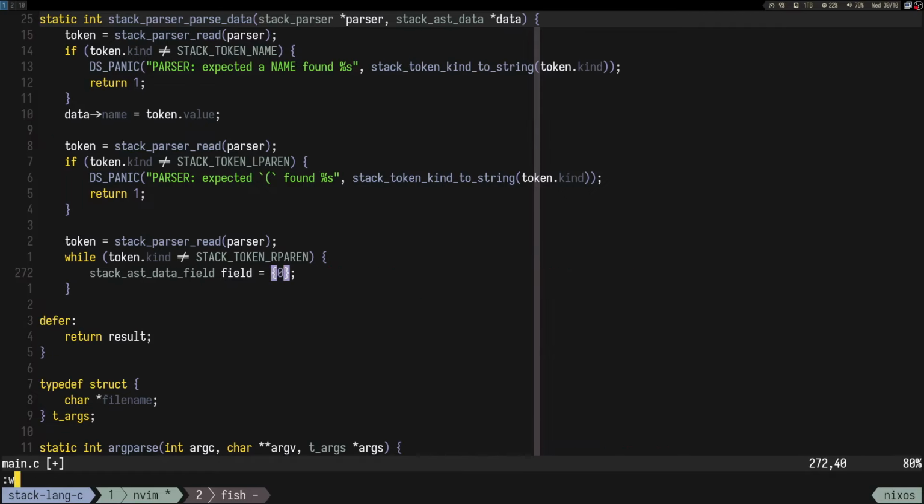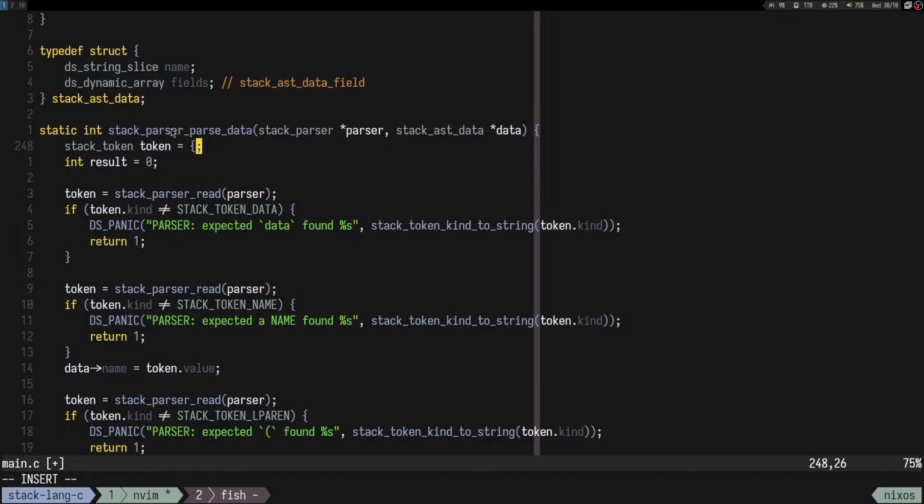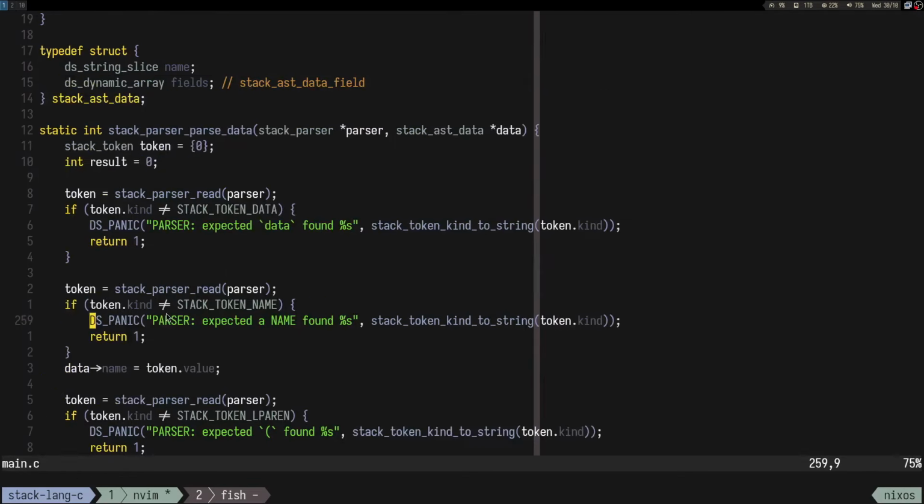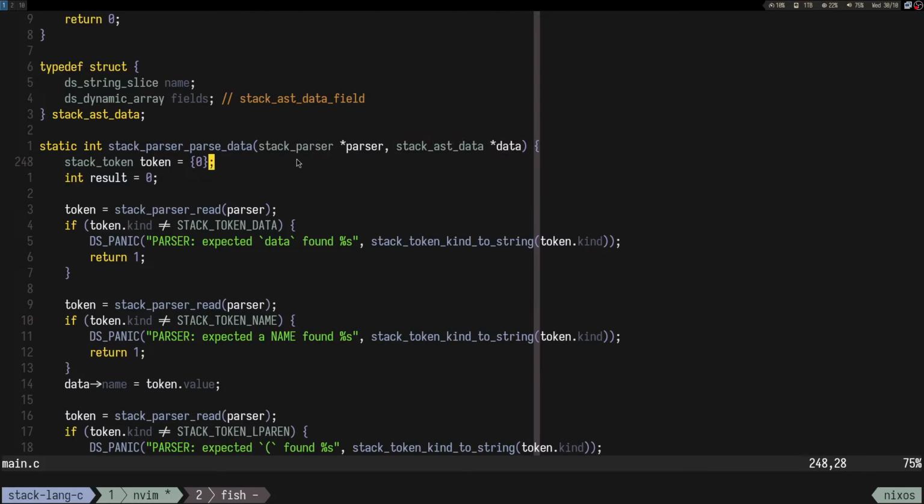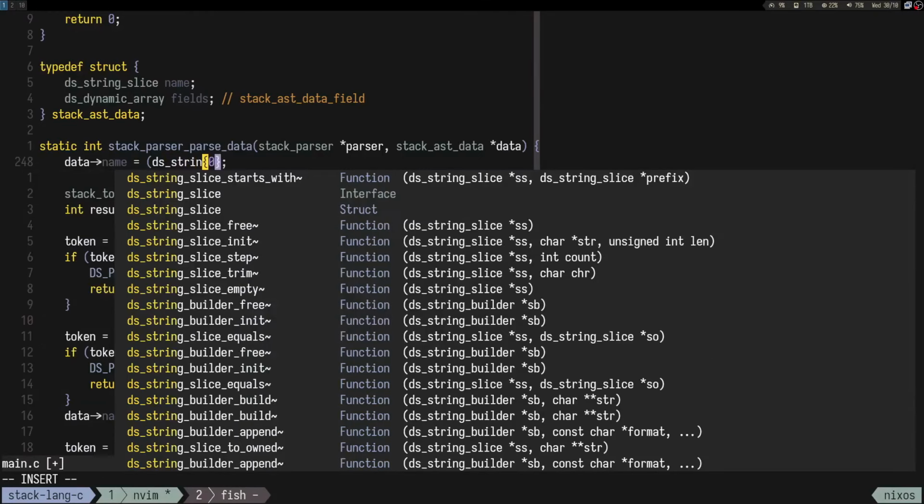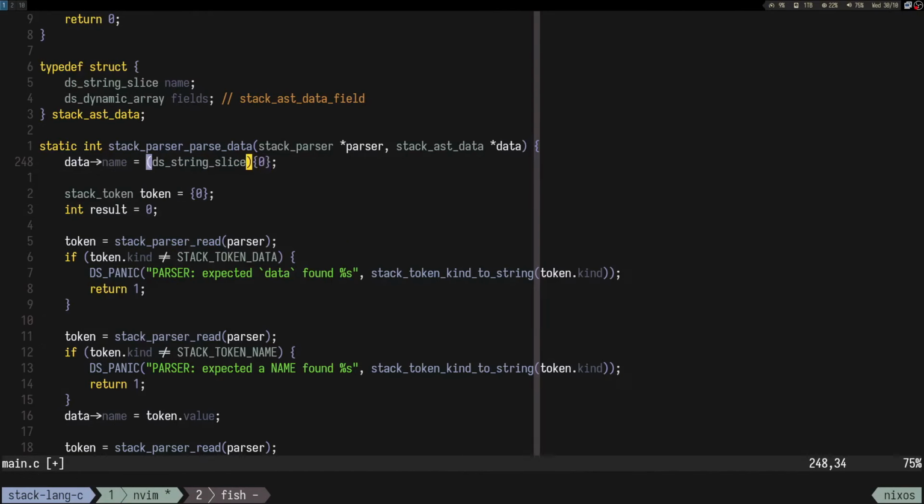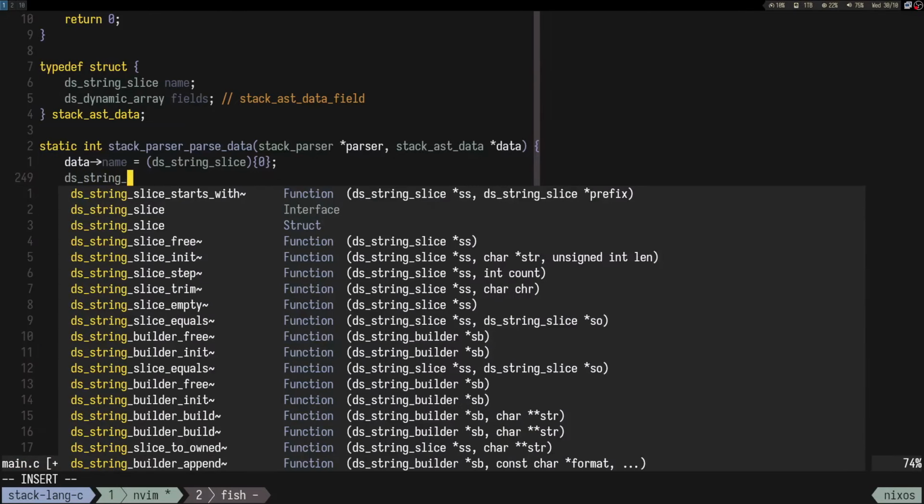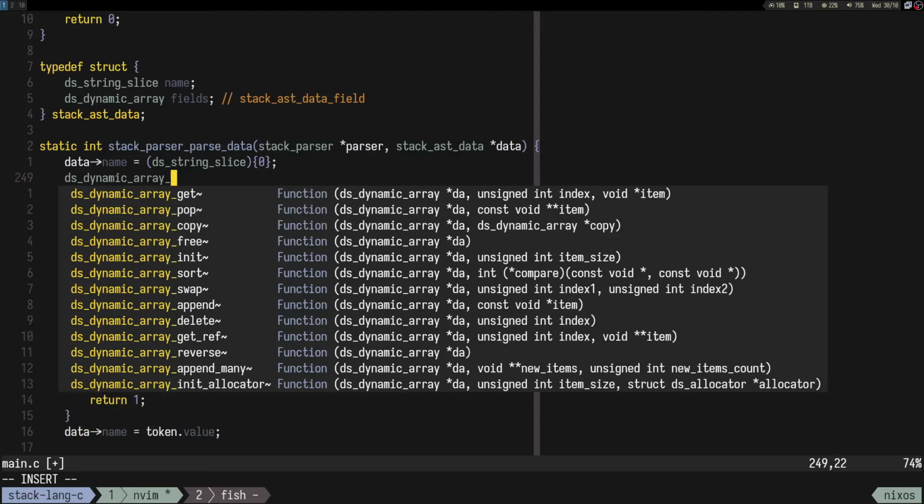Okay, sorry, we initialize this with 0 just in case, right? So we do that. Oh, and another thing that we need to do for our data is maybe to initialize it at the beginning. So let's do something like data name is equal to 0 first, like ts string slice. So initialize it with 0, and data dot, well, it's ds string, ds dynamic array init